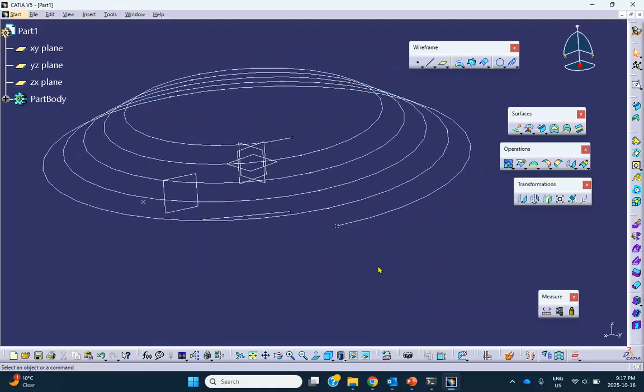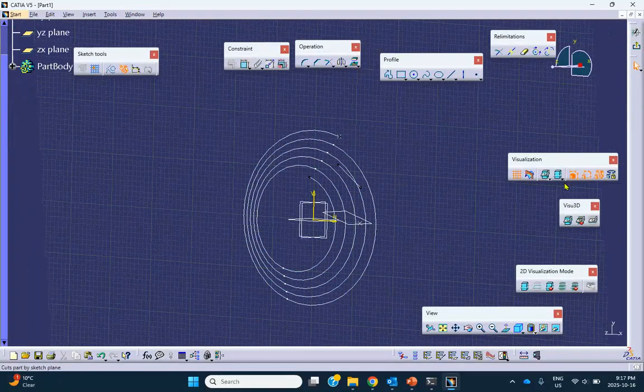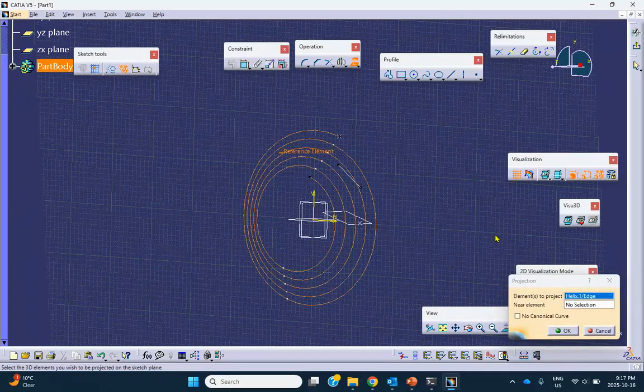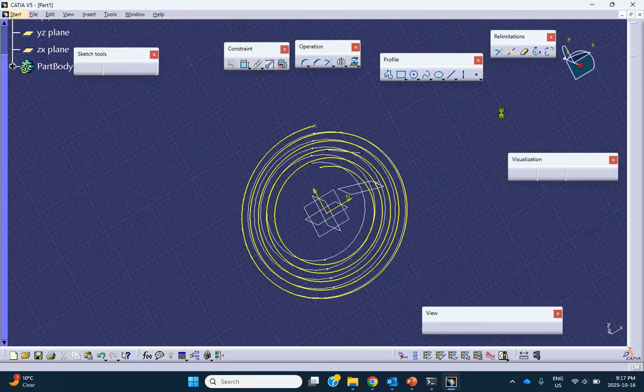So on the XY plane, I will project that helix. Where is the project? Project that helix right there, and it's going to turn out to be a spiral, of course. So if I hide the helix,